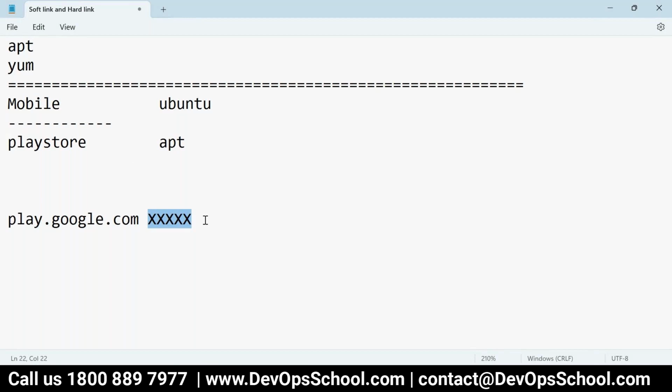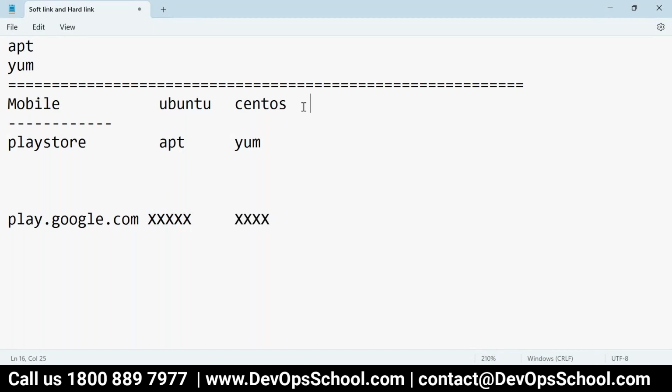Many are there actually. So it will go and download the utility and install it. In CentOS and RHEL, any idea what is the one? Yum. Yes. And Yum also keeps some registry.